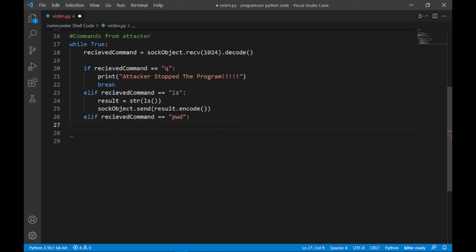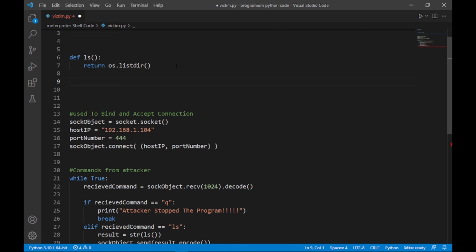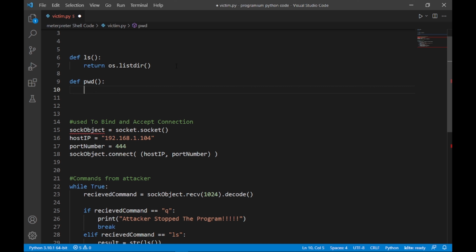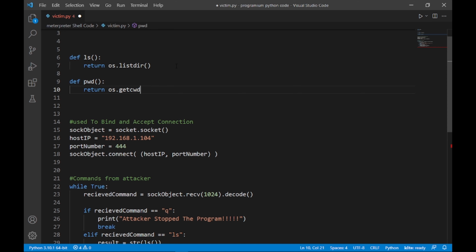Then you should call another function, and that function is def pwd. And what this would do, it would just return os dot getcwd, the current working directory,